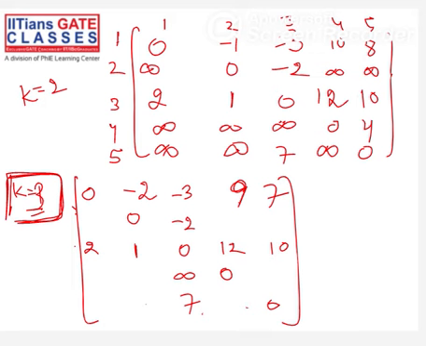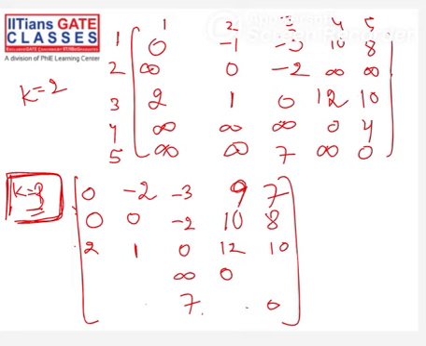Then 2 to 1: 2 to 3, 3 to 1. So minus 2 and plus 2, 0. So this is modified now. Now 2 to 4 I have to identify. 2 to 3, 3 to 4 is what? 12. So 10. Now this is infinity, so 10. Now 2 to 5: 2 to 3, 3 to 5. 3 to 5 is 10. So this is again 8.